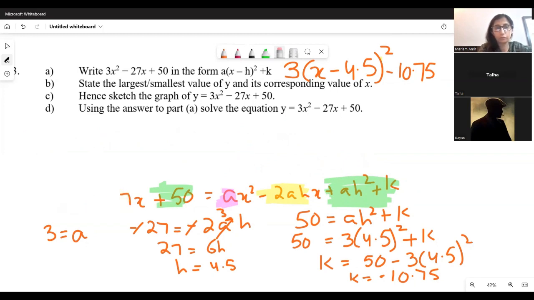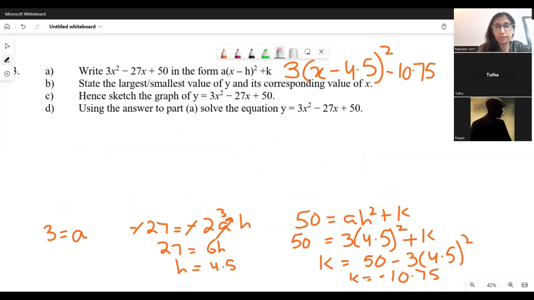Okay. Now let's do part B, which is just asking us to find the coordinates of the turning point of this expression. What will be the coordinates of the turning point? You equate this to 0. So x is 4.5, comma, y is